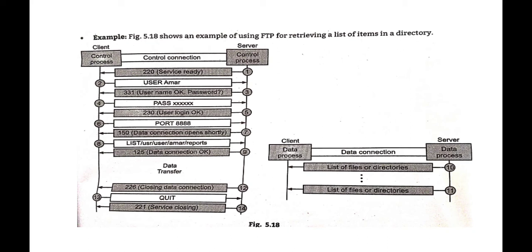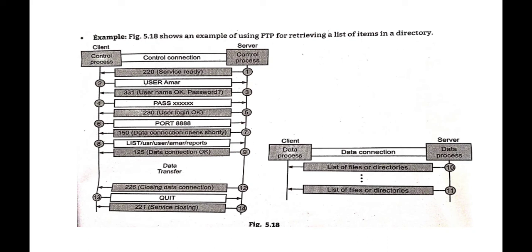So what was done in step number 1, what happened here? After the control connection to port number 21, we already discussed that for establishing the control connection, the server uses port number 21. It listens for the client. If any client is interested in connecting with me and sends a request, the server also responds to that particular client. So it uses port number 21.